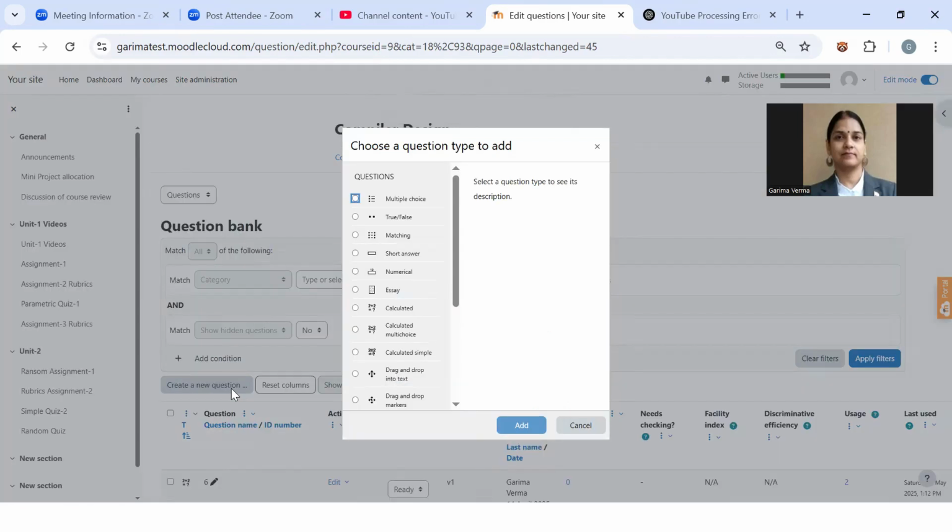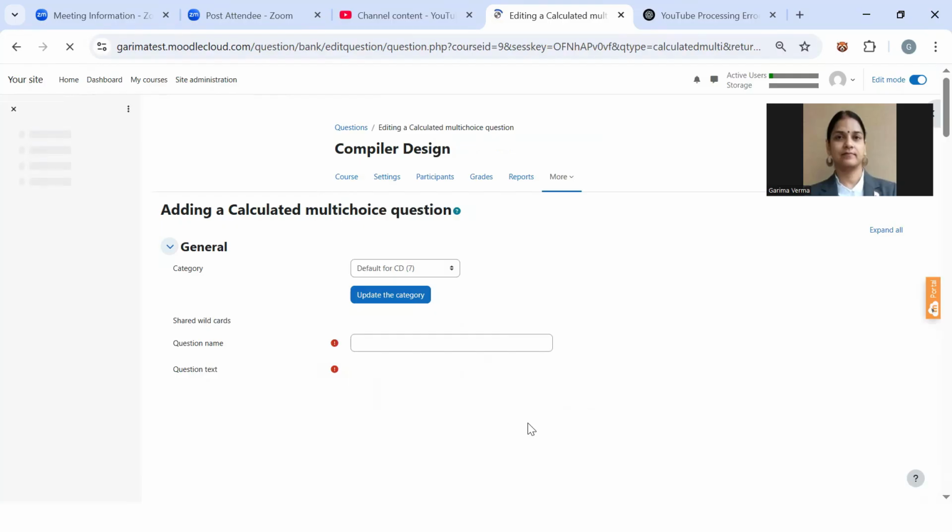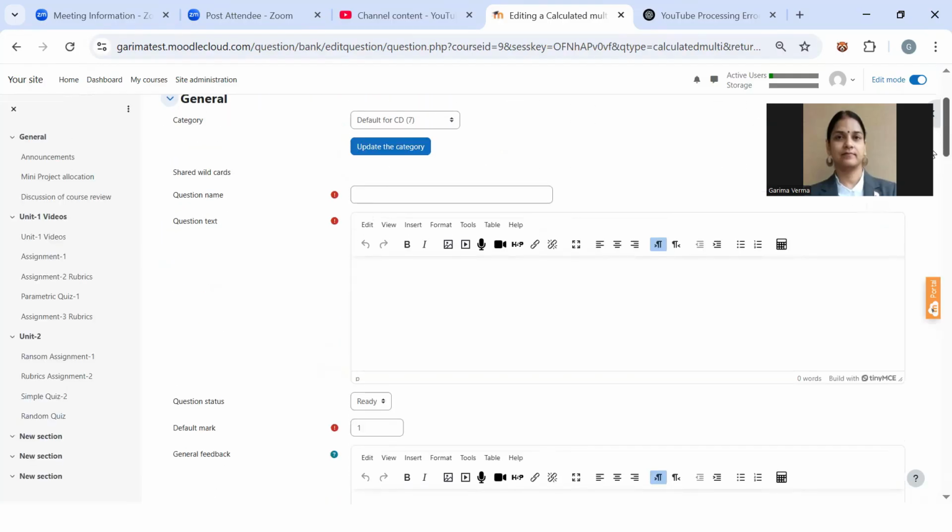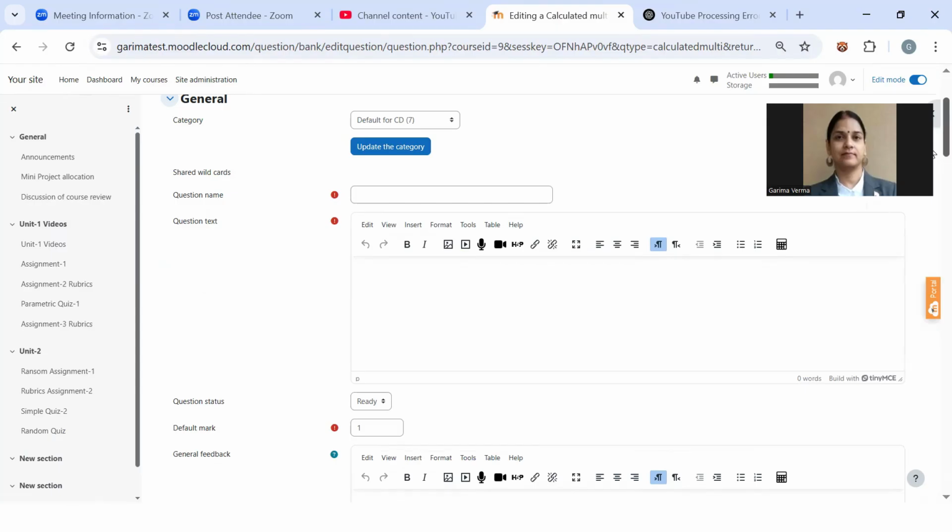So create a new question. This time I am selecting calculated multi-choice. Add. In this case, instead of getting a text box to write the answer, the student will have options to select.